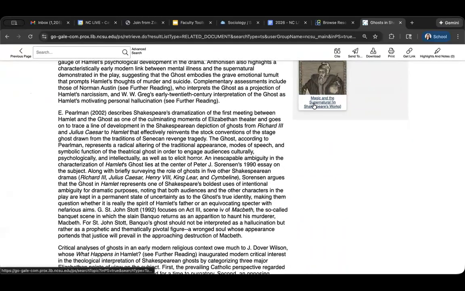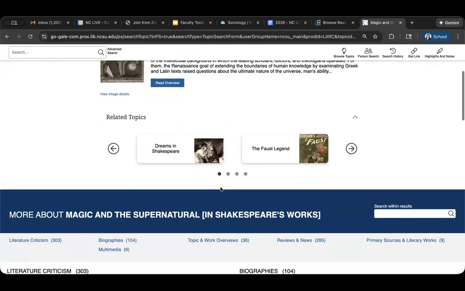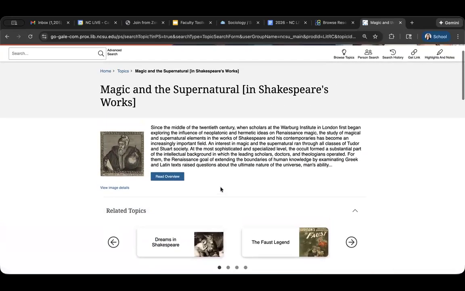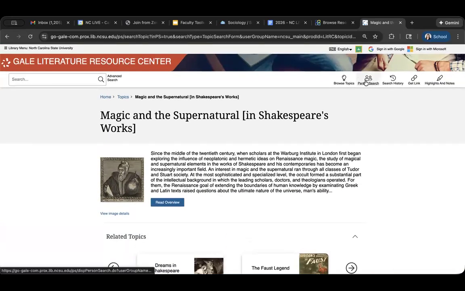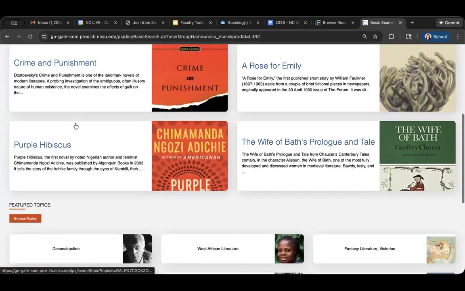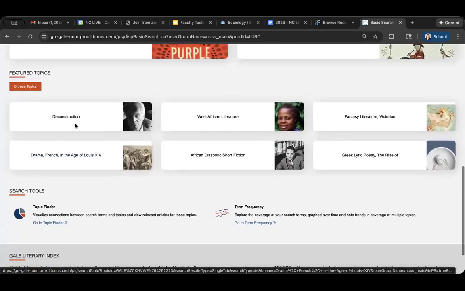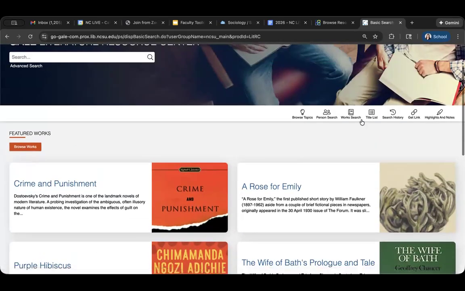So it allows for exploration within the platform and some suggested other topic pages as well. I can do a person search. I'm going to jump back onto that homepage and just show here those featured topics. And then I'm going to look here at